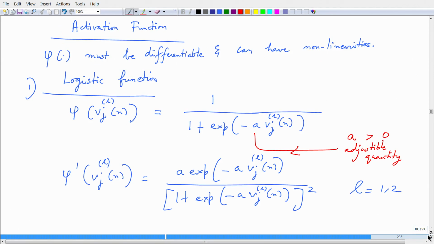So, how do we do this for different kinds of activation functions, right? This is an important step, because so far we just assumed some phi to be the activation function, we never defined what phi is. Now, let us discuss specifically for these cases.